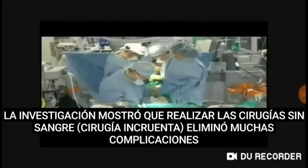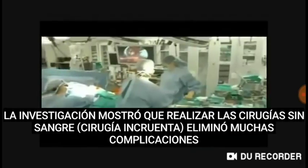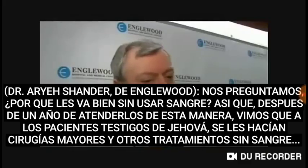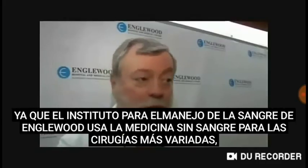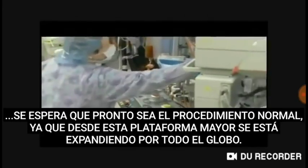Research began showing that performing surgeries without blood transfusions, known as bloodless surgery, eliminated many complications. Instead, patients just have to have a strong blood count. We said, why are they doing okay without blood? We saw a year after practicing this way that the witness patients were getting complex surgery and medical care without using blood. Bloodless medicine and surgery can be applied across the board to transplantation, to trauma, to anything else. As the Institute uses bloodless medicine for more varied surgeries, the hope is that it will soon become the standard method. Now, with a larger